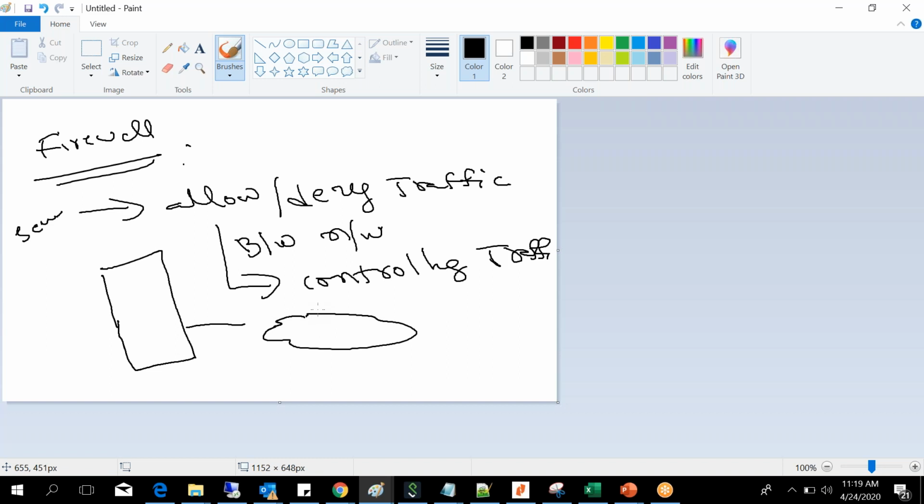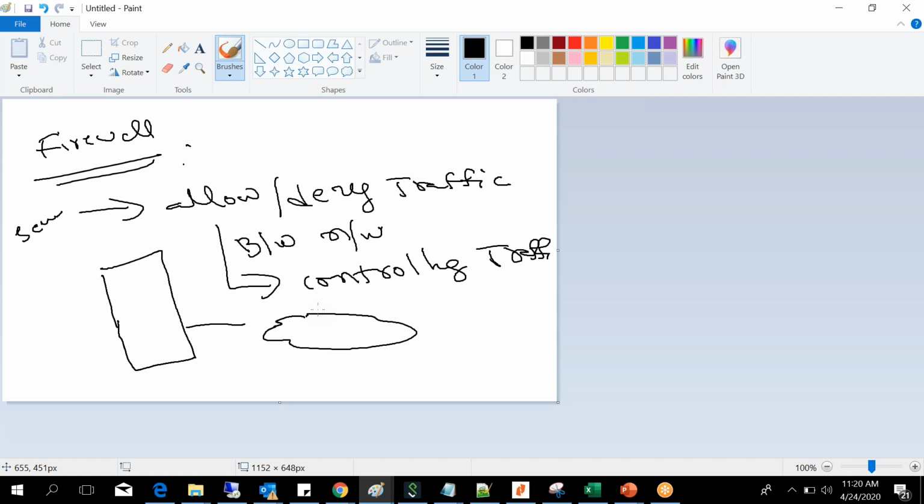Sometimes they deploy the firewall as the first component in their network. The router acts as a border device, or the firewall does. It depends on their convenience and many other factors. If their traffic is huge, they will go for the router first, and the router will filter some traffic and then give it to the firewall.